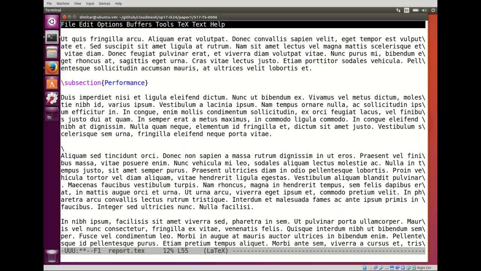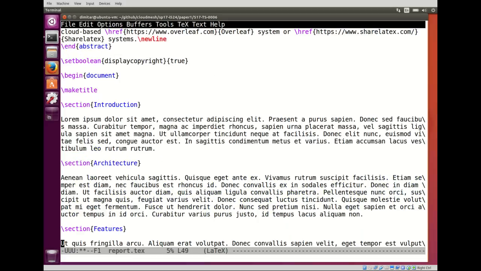So you can paste your information here, or you can just start writing, and I am going to use